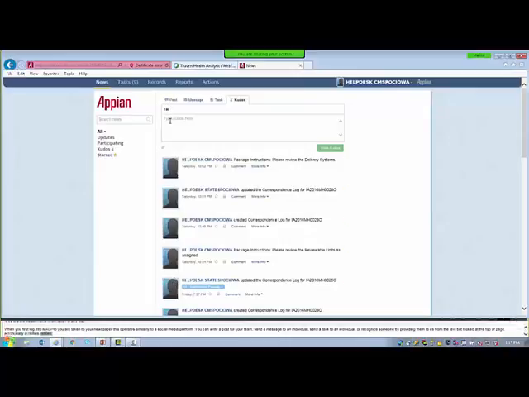We will assume that the state point of contact just submitted an official submission package to CMS. CMS points of contact associated with that state receive an email notification letting them know that there is a new submission and a task in their to-do list. We are now logged in as a CMS point of contact in the region for Iowa to take a look at this submission.